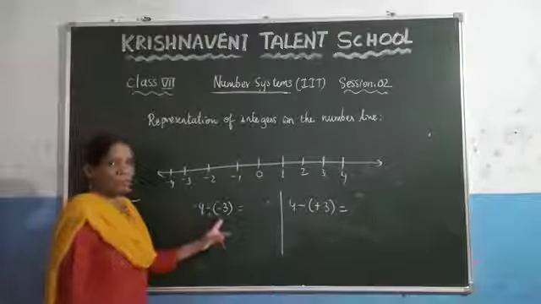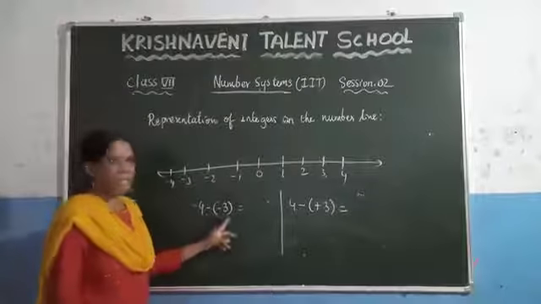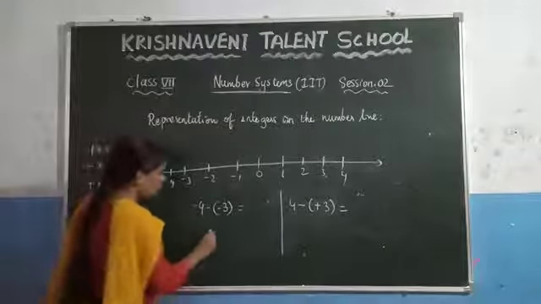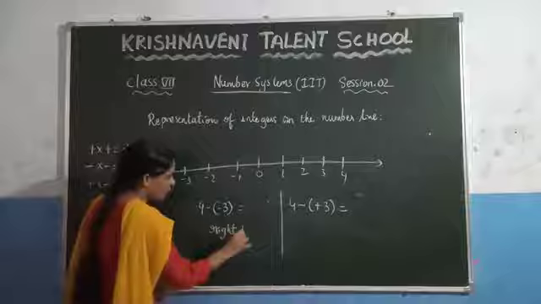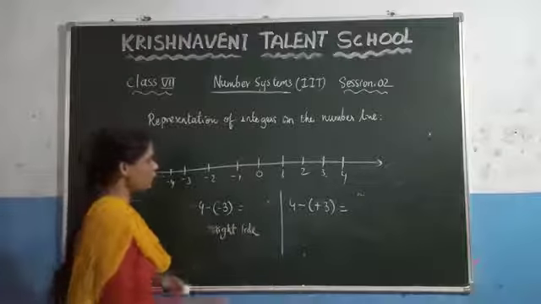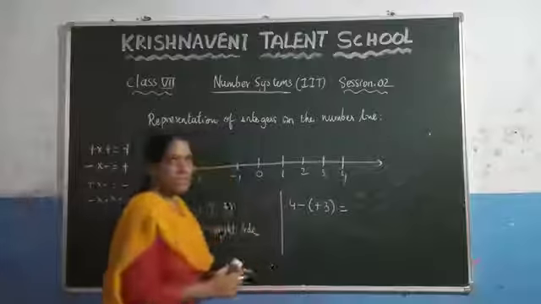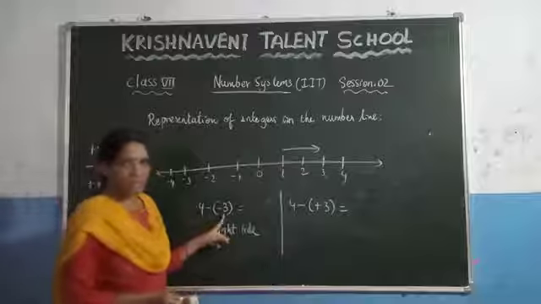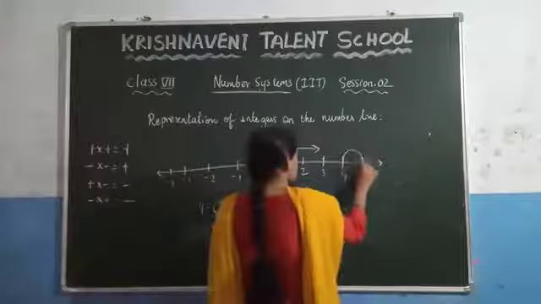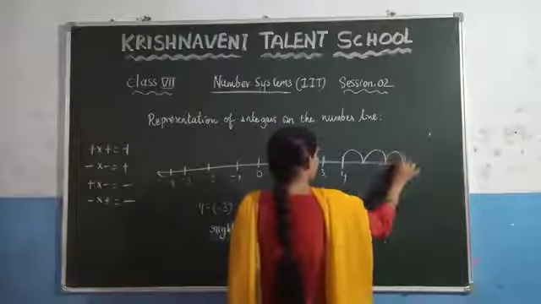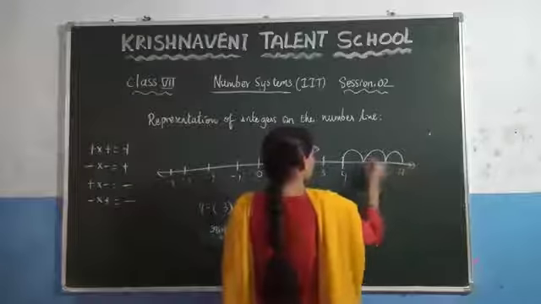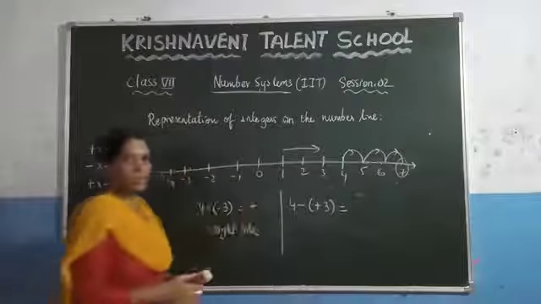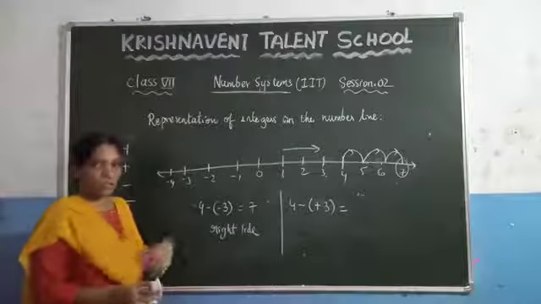Now here 4 minus of -3, what we are doing here, we are subtracting a negative integer. Since we are subtracting a negative integer, in which direction we need to move? We need to move to the right side of the number line. So here what is the first number, which is 4, and since we need to move to the right side of the number line, now see the next number. What is the next number? We are taking here 3, so we need to go here 3 steps. So 1 and after that 2, 3. What are the numbers? 5, 6, 7. So what will be the answer here? 7.